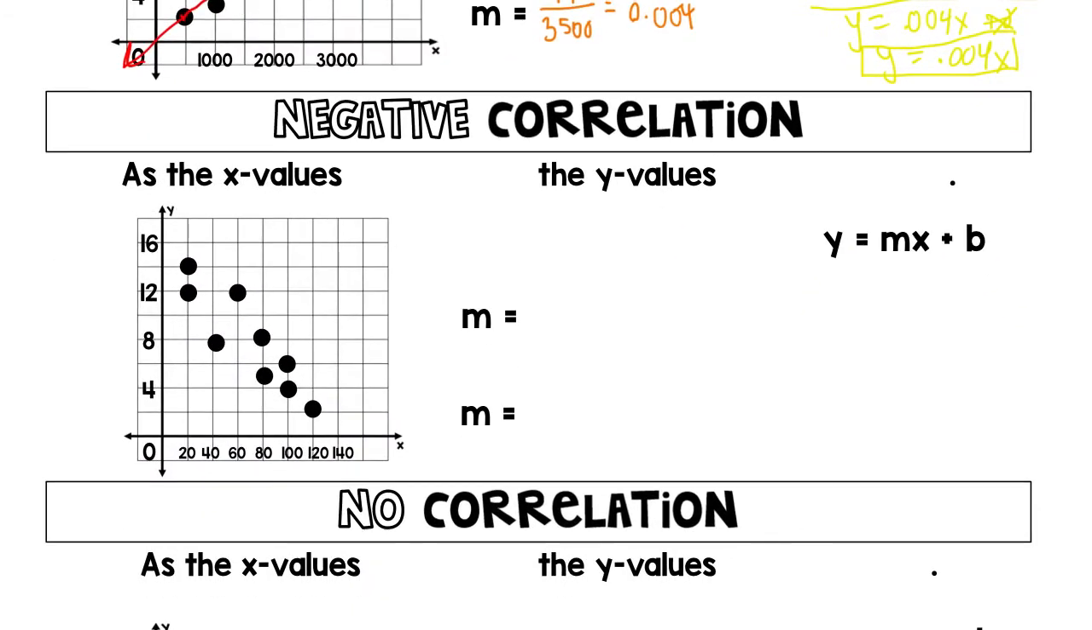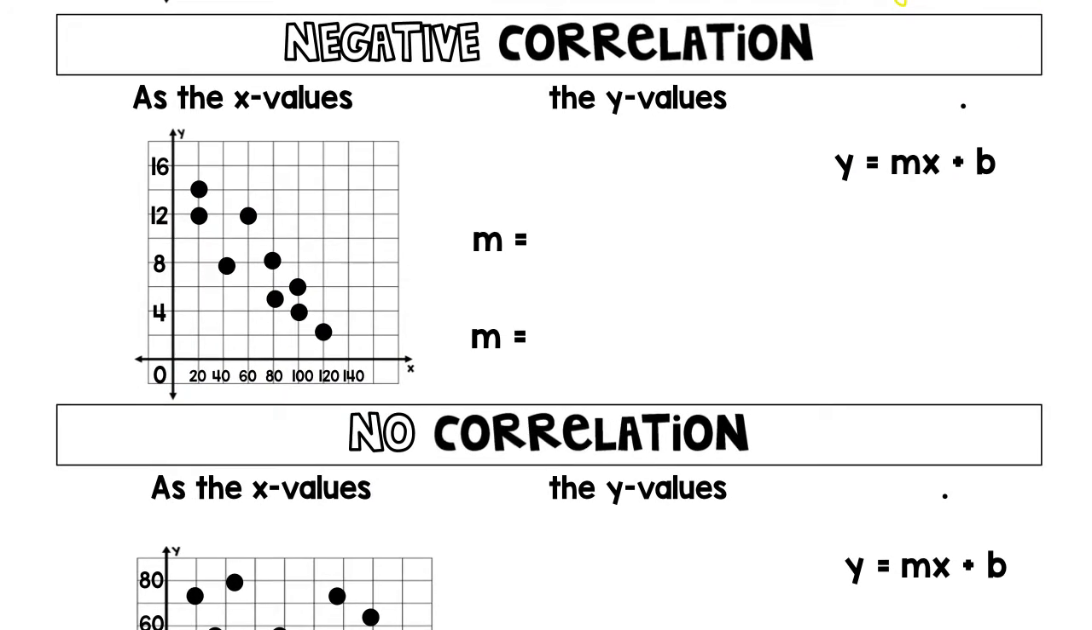So let's look at what a negative correlation would be. As the x values increase,